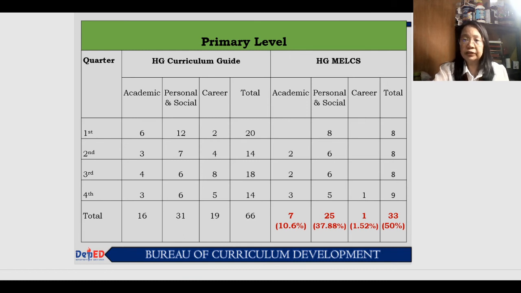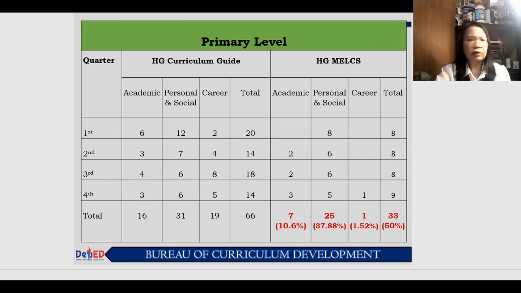For the third quarter, the total number of learning competency are 18 and there are 8 MELCs. For the fourth quarter, there are 14 learning competency and there are 9 MELCs. So there are a total of 33 MELCs for the primary level, which are 50% of the learning competency from curriculum guide. These comprise